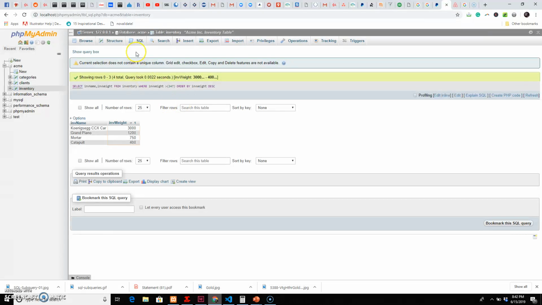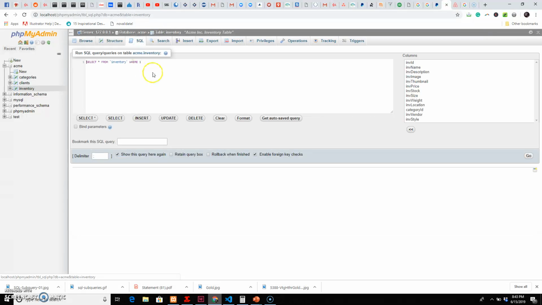However, it was kind of clunky that way because we had to write down the number and then go and put it back in. So let's do it again. Let's do it this way. Select inventory name, inventory weight from inventory, where inventory weight is greater than